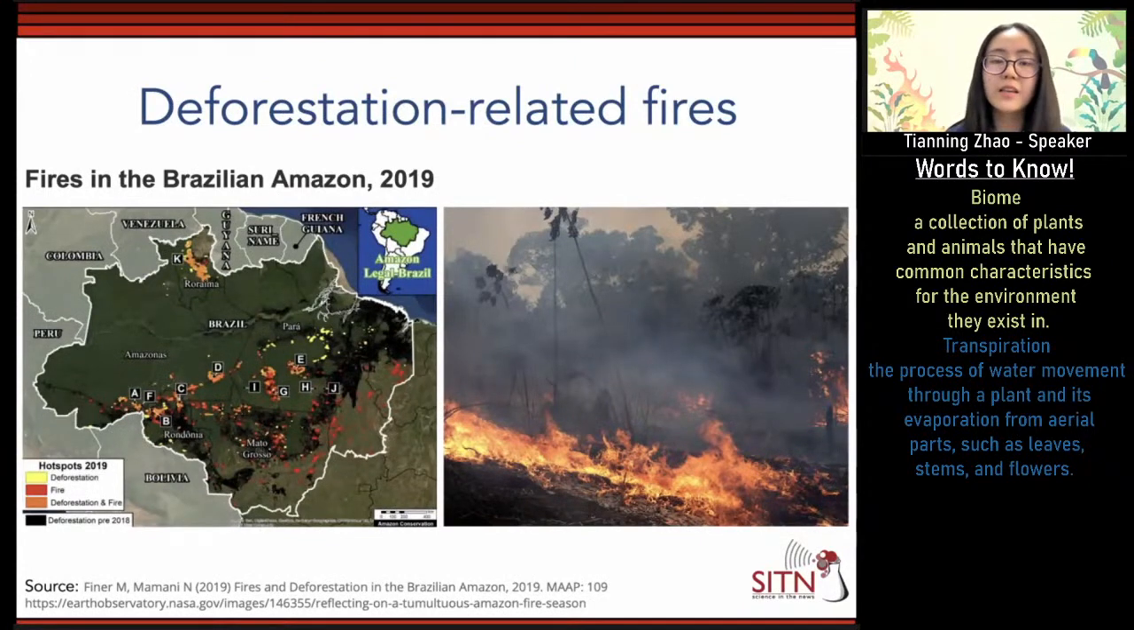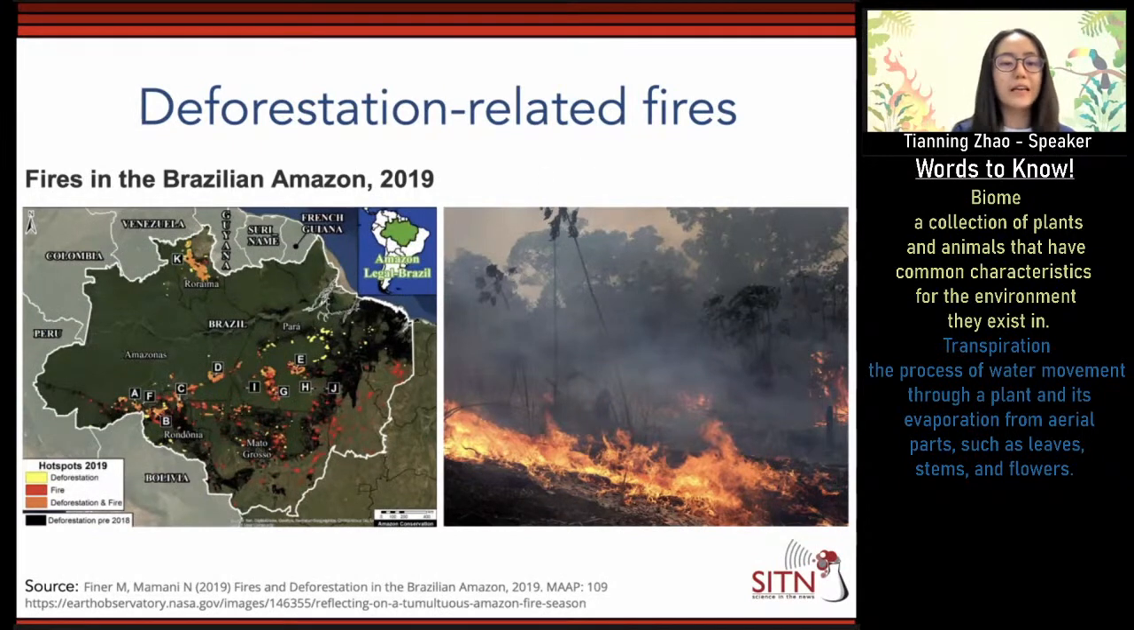not just the wildfires that are happening in the Amazon region. There are also deforestation-related fires. And those are the fires that are used to prepare the area for agriculture after we do this clear cutting of the primary forest. And here on the right, you can see this picture